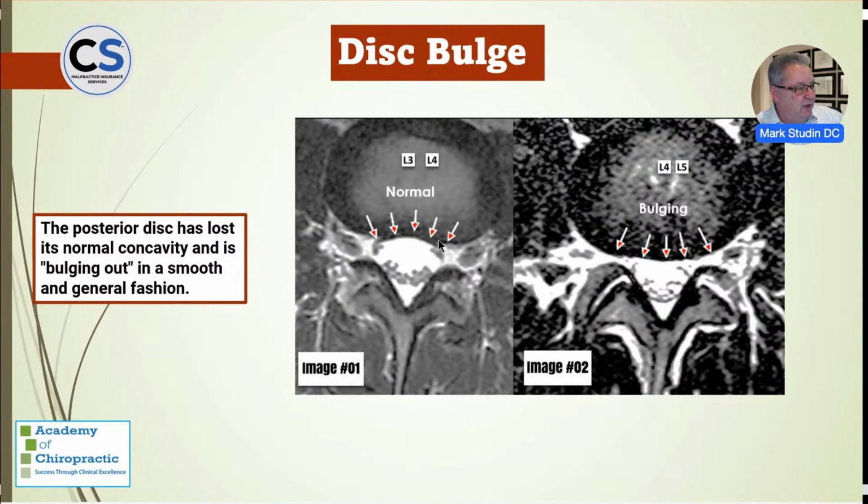This is a normal lumbar spine, and we know it's lumbar because we see the cauda down here. There's no solid spinal cord, and it's not the convexity of the concavity. I apologize. Right here, it's popping in. So when it bulges out, it pushes out that concavity to be a convexity. And we know it's a disc bulge because there's nothing sticking out. It's kind of smooth, it's all the way around.